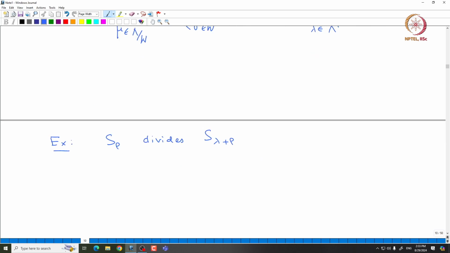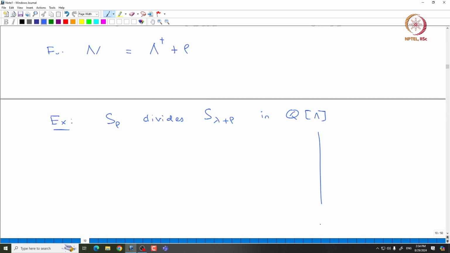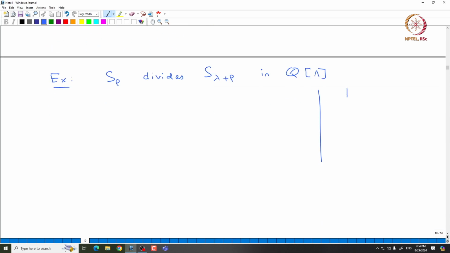So, of course, this question makes sense where it divides, and one can prove that if you think about it, this indeed divides inside Q bracket lambda. So, this even indeed happens inside Z bracket lambda. So, that is what our Weyl character formula says. Okay. So, if you rewrite the Weyl character formula, it basically says, for lambda in capital lambda plus,